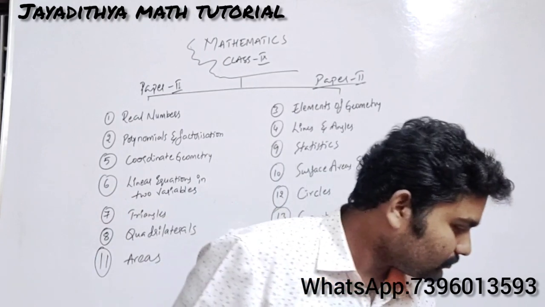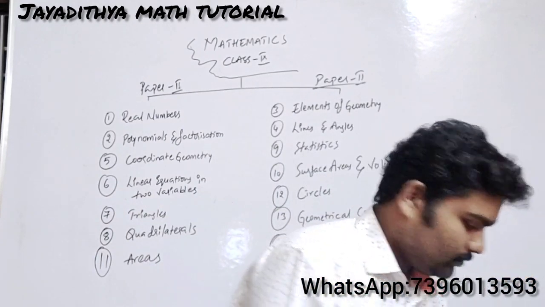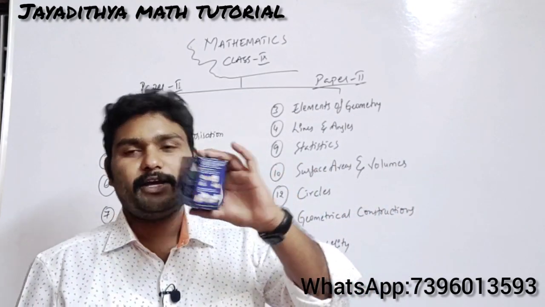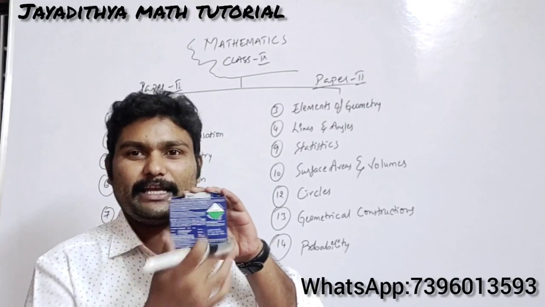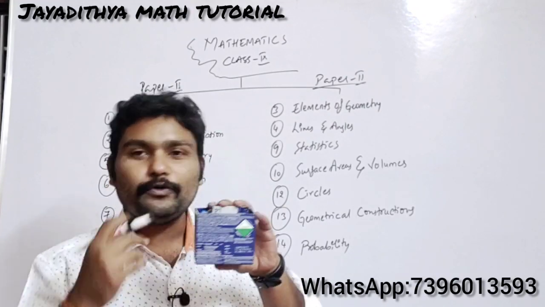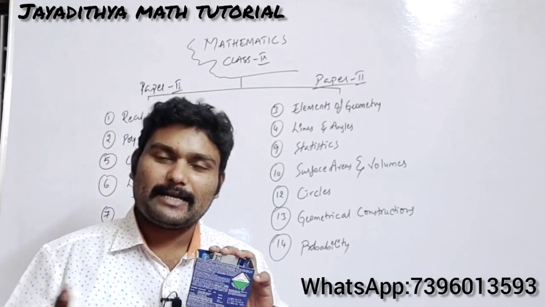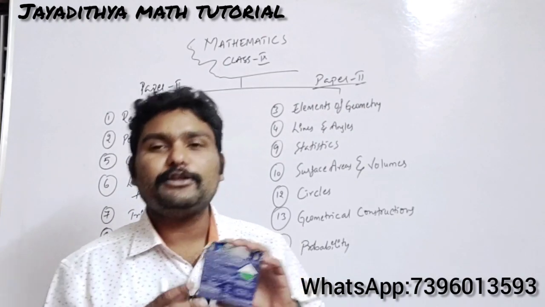For example, let us take a box here. Okay, see here I have a box. This box is in the form of a cuboid. If you see like this, this is only a rectangle. You can easily find the area of the rectangle here, right? So how to find total surface area? Here you will be having two concepts. You will be having a concept of lateral surface area, and a concept of total surface area. What do you mean by lateral surface area and what do you mean by total surface area?